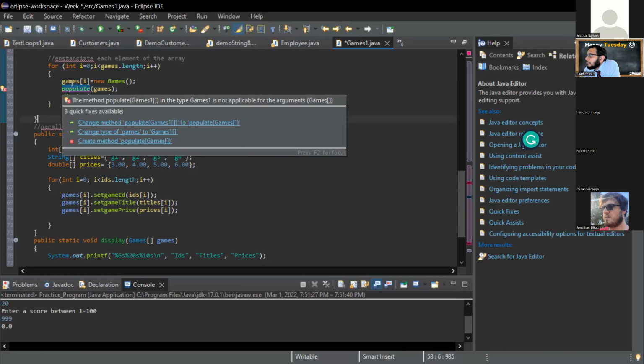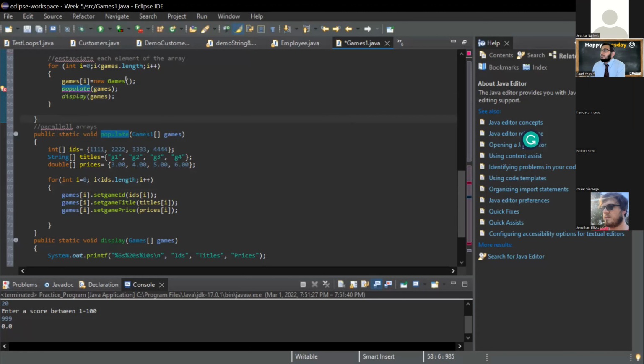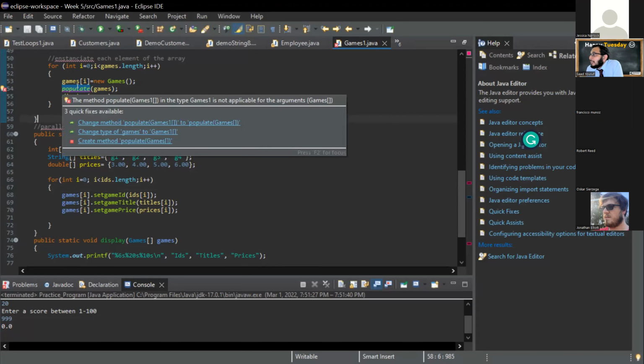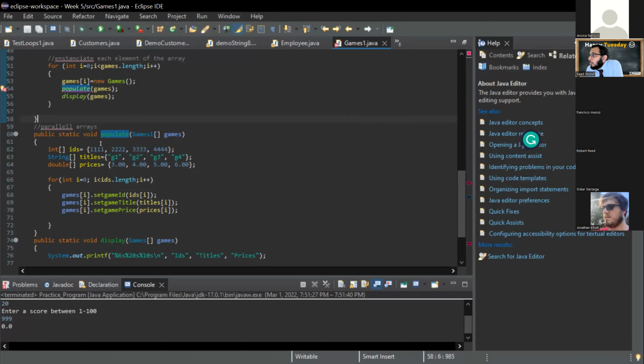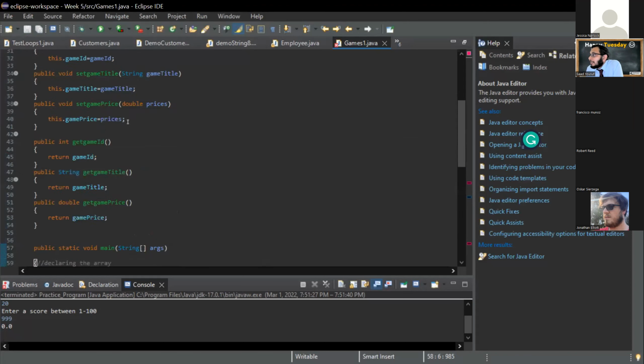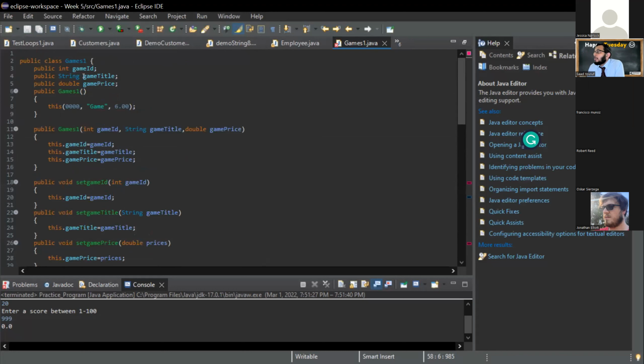Okay, now can you save the changes? Now hover over the word populate. Oh, hold on a second. Can you go back to line 50? It's line 60. You wrote games one as a, yeah, that's what you call your class.